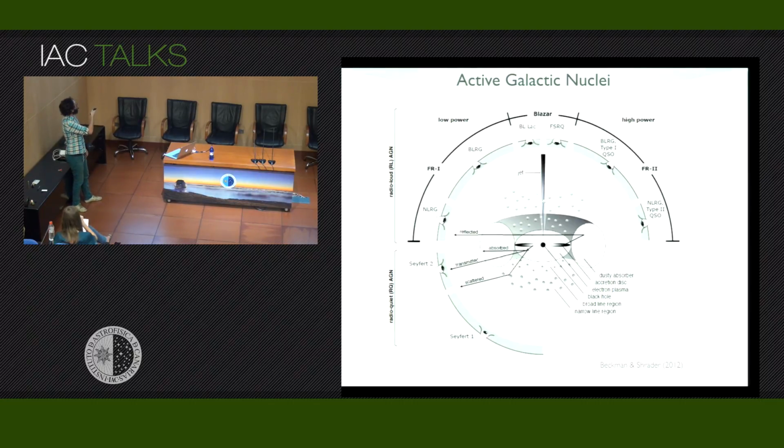If this central engine is obscured by what we call the torus, a dusty obscuring material around the central engine, we call it type 2. Some AGN also have very powerful jets, which we call blazars. We are interested in the cornerstone of the unified model, which is the dust structure obscuring the central engine, and which is being